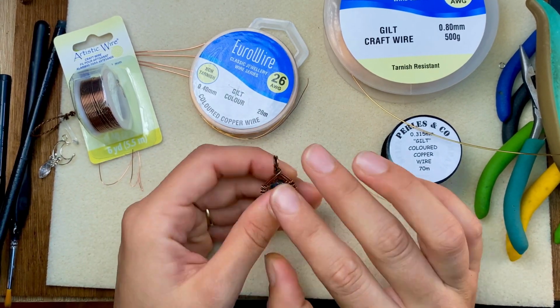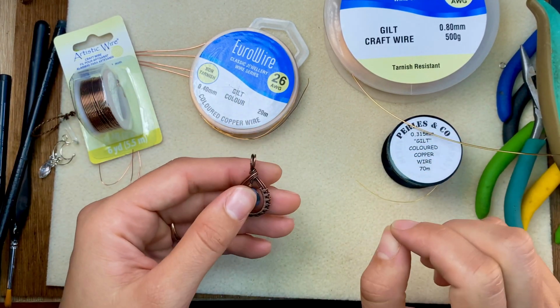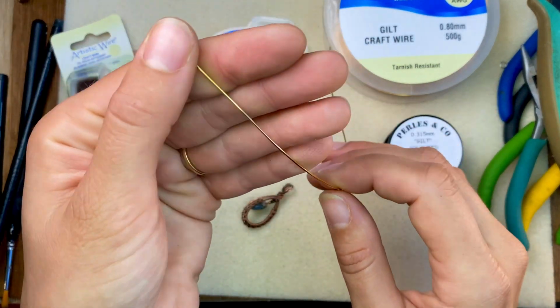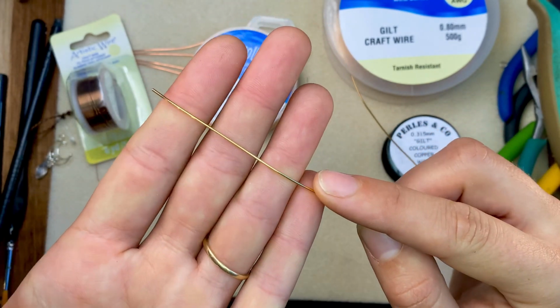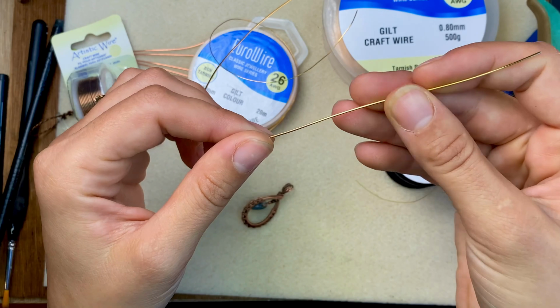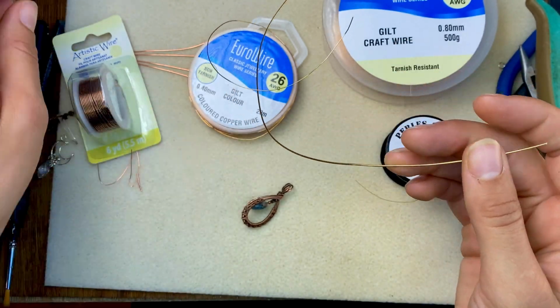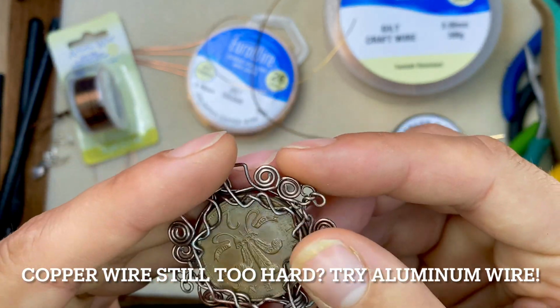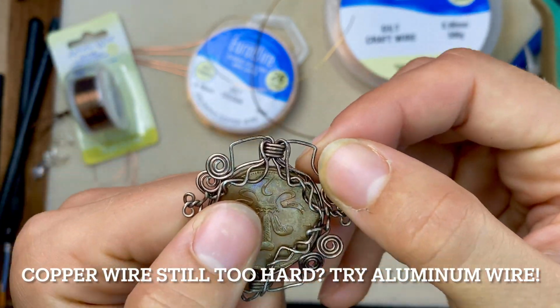Steel wire, you should just get rid of it. It's way too hard to work with. It doesn't like to be touched. Go get yourself some soft copper wire. If you find copper wire still too tricky to work with, I started out with aluminum wire, which is freaking